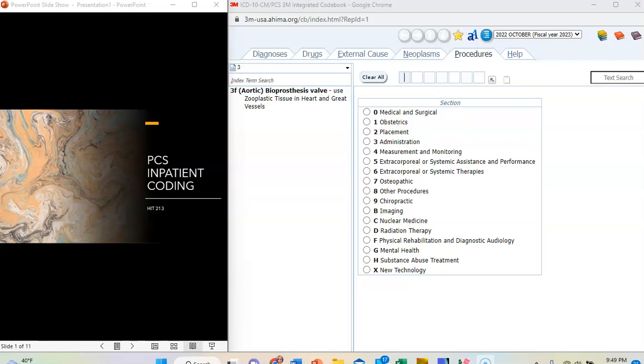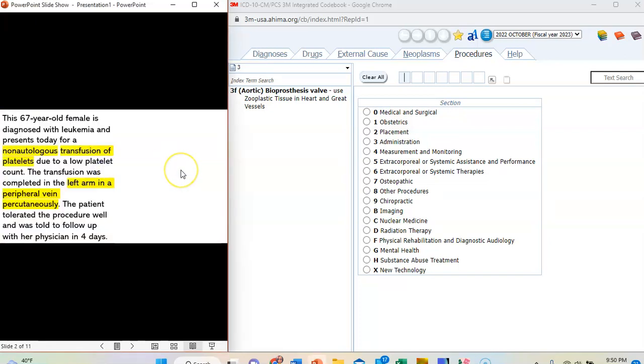This evening I am doing some case studies and we're going to PCS code them. I'm going to put you in my brain so you can see how that's done. And it is going to be messy at times. I'm not going to lie about that. So, the first case study that I have is